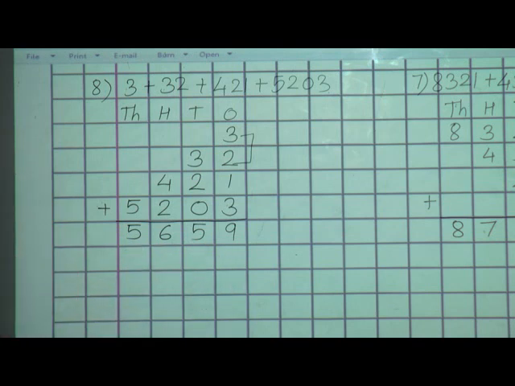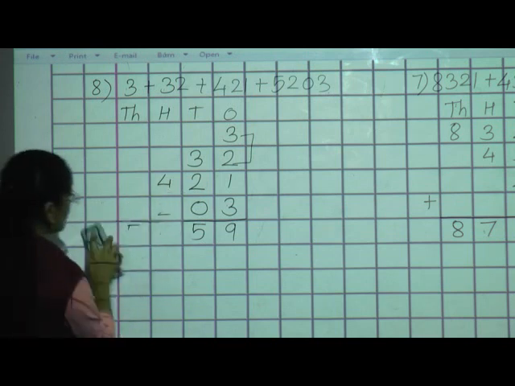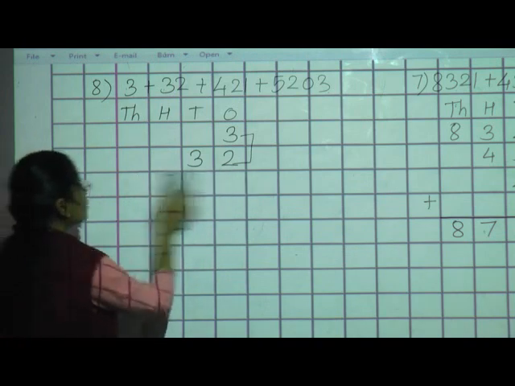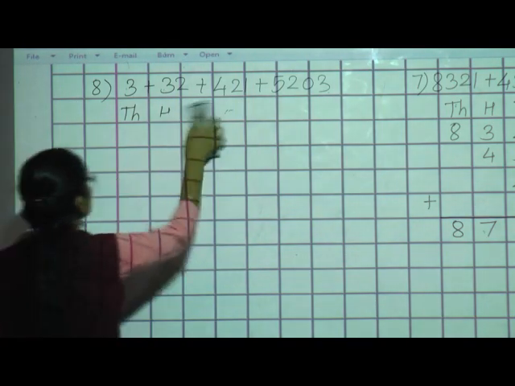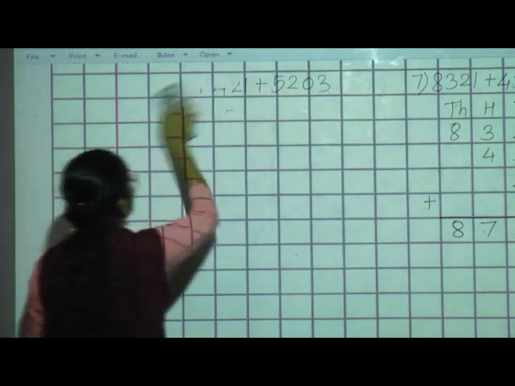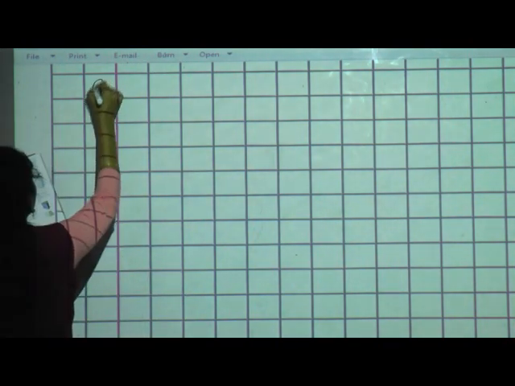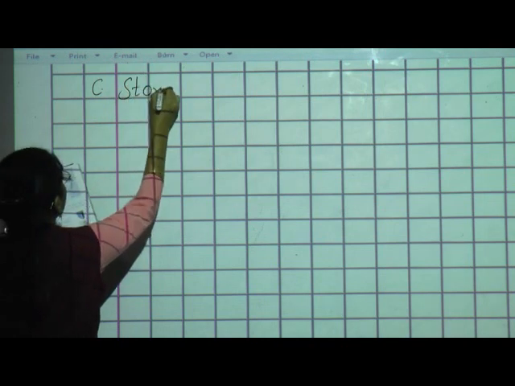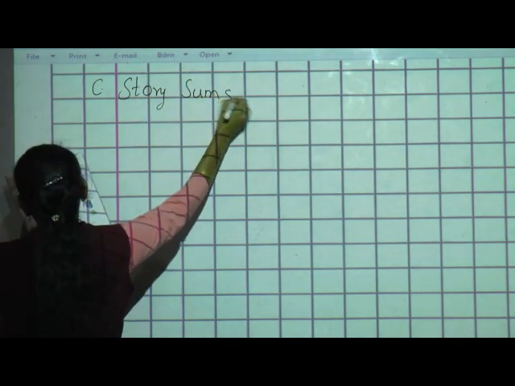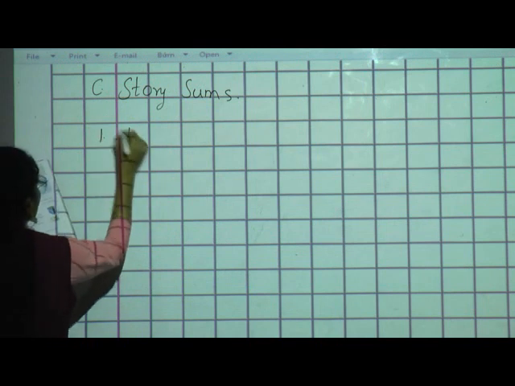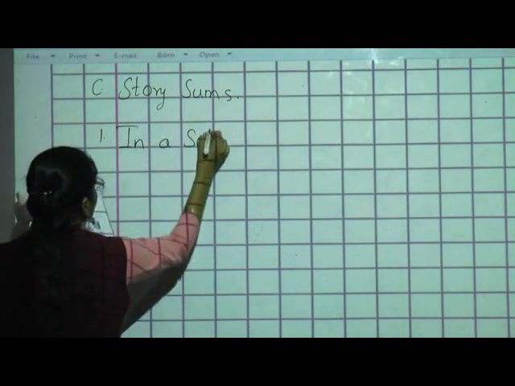So in this way we have completed our question number B. Now students, we will see the next question. And the question is story sums. We have to solve the story sums. There are 2 story sums in your textbook. Read the first story sum. The sum is: in a school library,